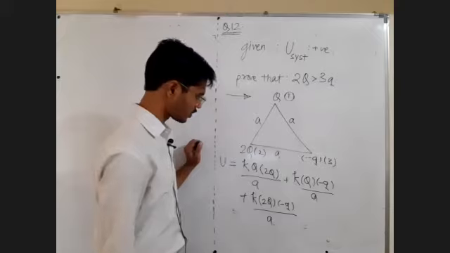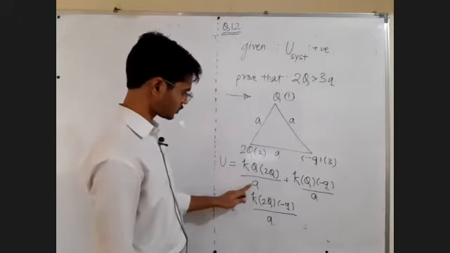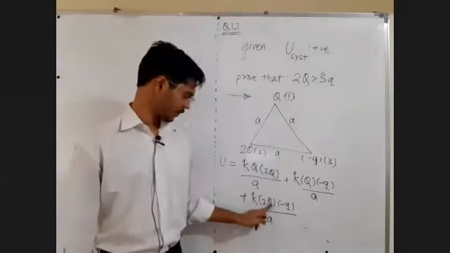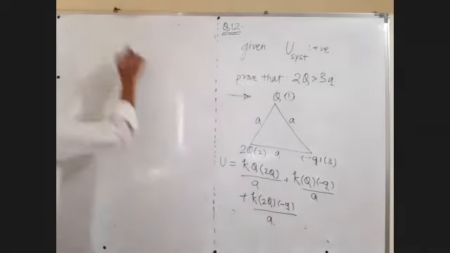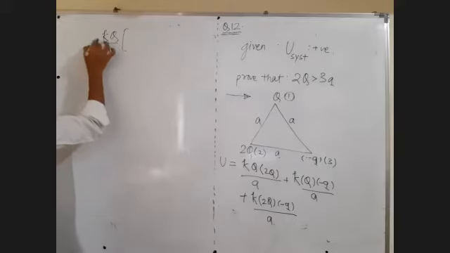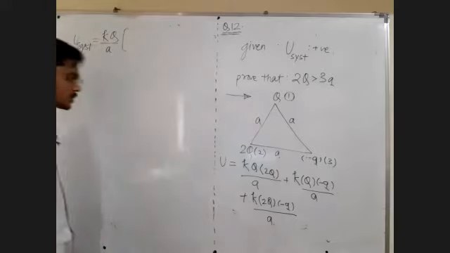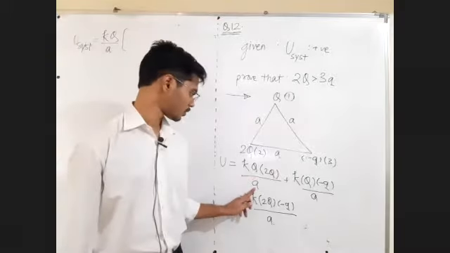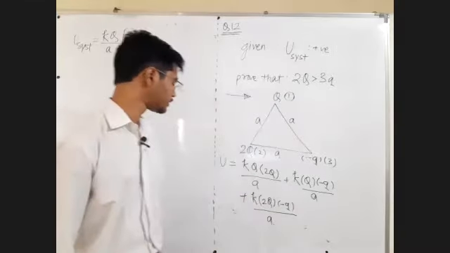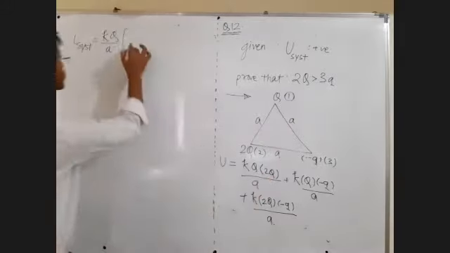Sir, what can be taken as common? K capital Q upon small a. K capital Q upon small a can be taken as common into bracket. This is U of the system. K capital Q upon small a common. What remains? 2 capital Q